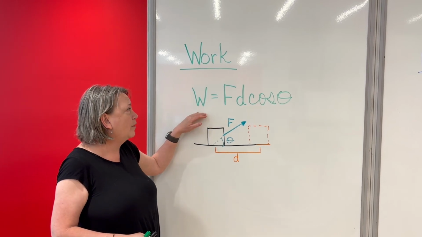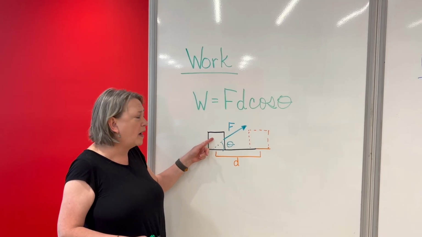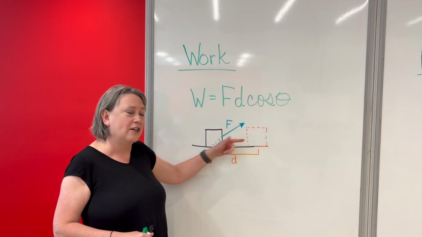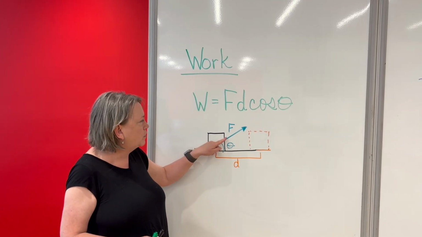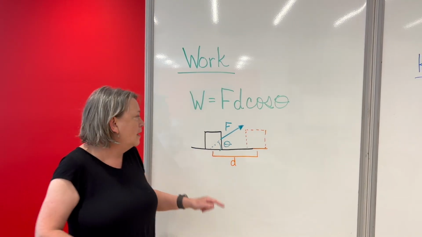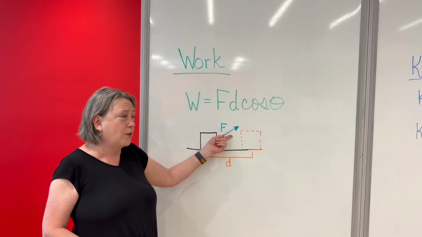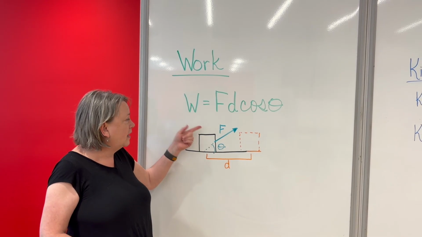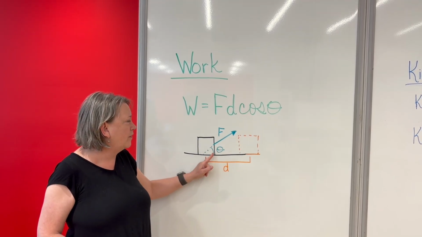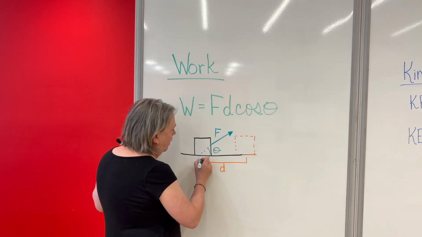So I can calculate the work done to, say, take this box from where I have it marked in black to where it is over here dashed. Let's suppose I wanted to attach a rope to it and pull the box across the floor some distance d, and I used some force F. The work that I did is the force times the distance times the cosine of the angle between them, where I could write